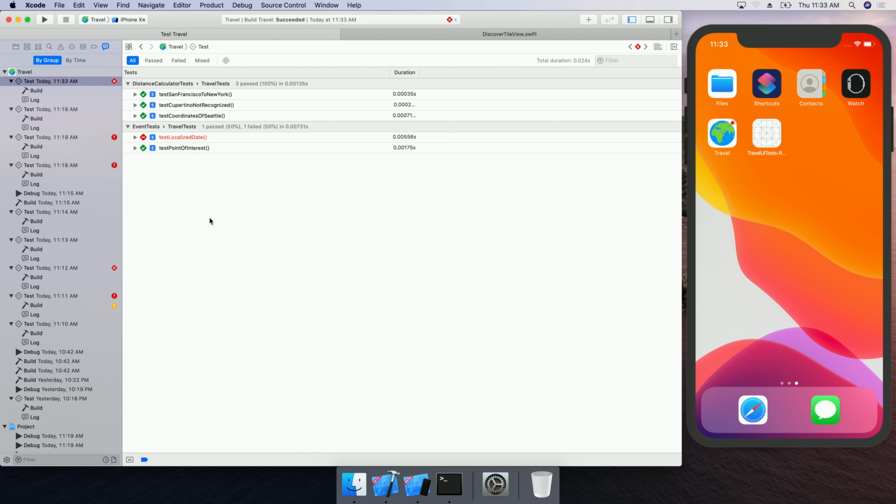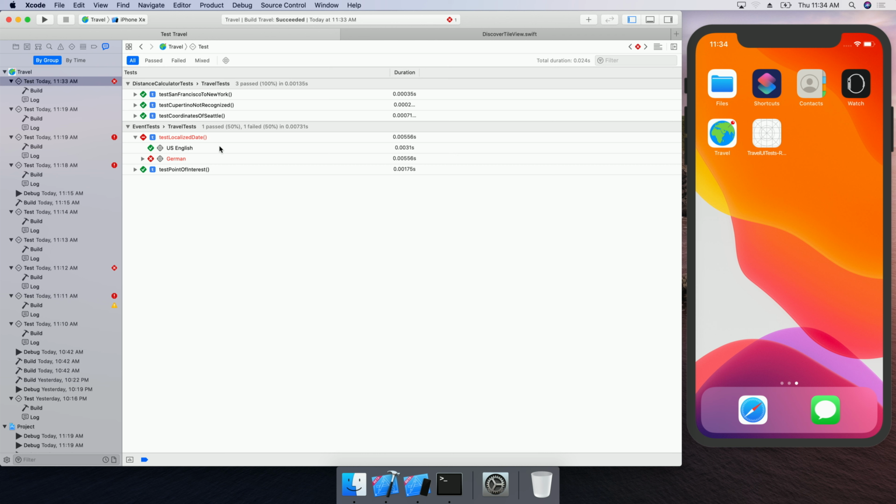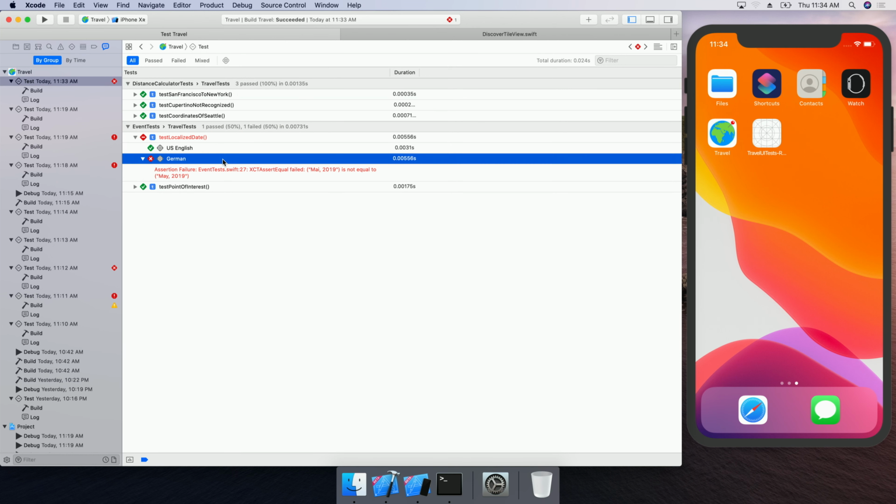So here we can see that most of my tests succeeded, so they get the green check mark. And one of the tests had an issue of some kind, so it has a red icon with a dash through it. The test report is really good at showing me all of the details about everything that happened in my testing session. And if I expand this, I can see it looks like this test method succeeded in one configuration and failed in another. And if I open it further, I can see exactly the issue. It looks like this test method received English text, but it was expecting German text. So that looks like a real issue that I'll need to go back to either my app code or my tests and adjust, and I'll do that later on.